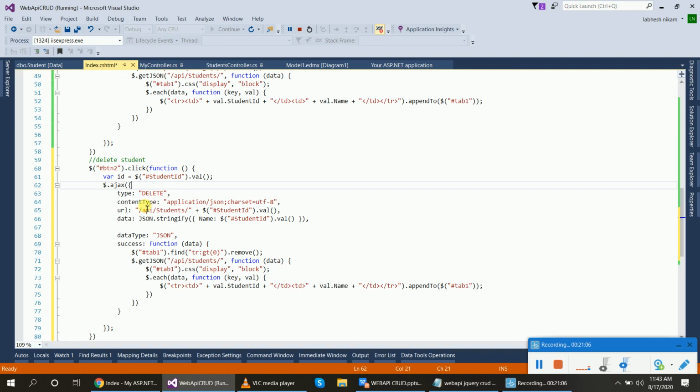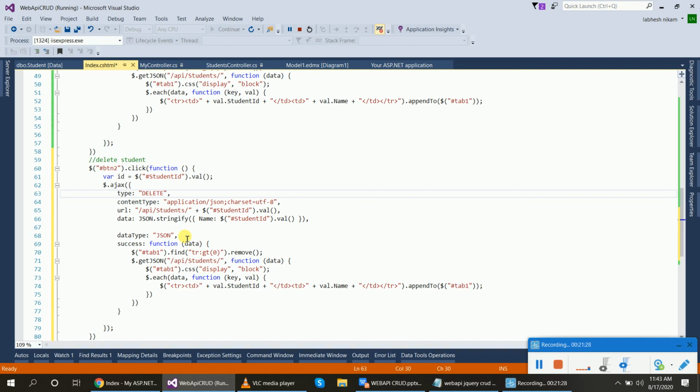Write the type delete. Which type to delete the data? There is delete, so the action is delete. Content type application, URL api/students plus the ID of the student. Inside of the data field, JSON.stringify, what you have to delete?